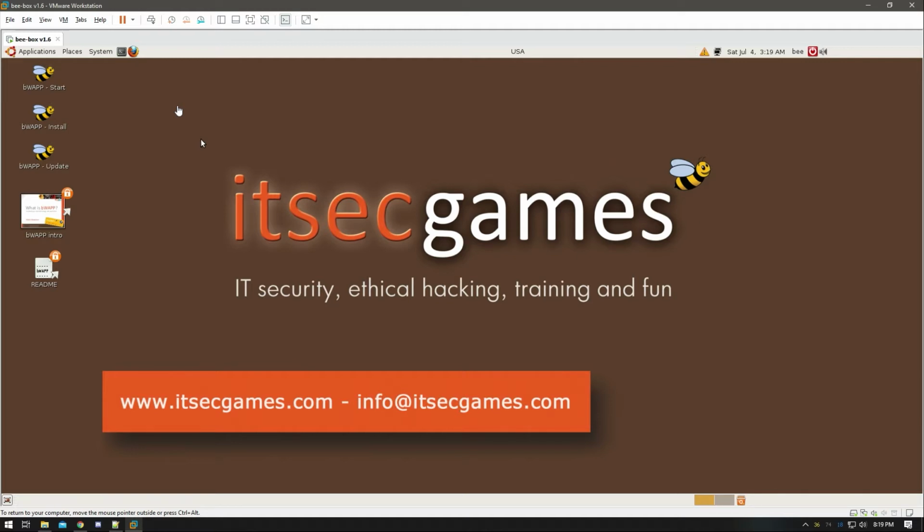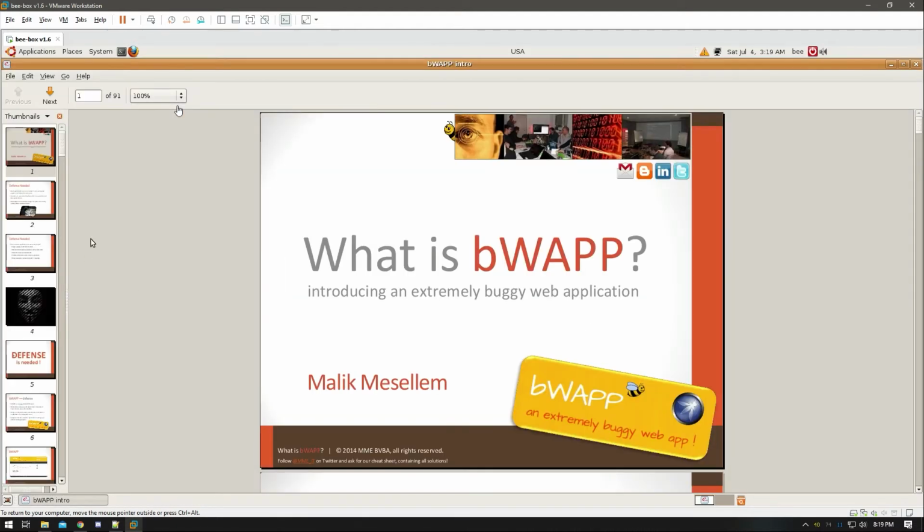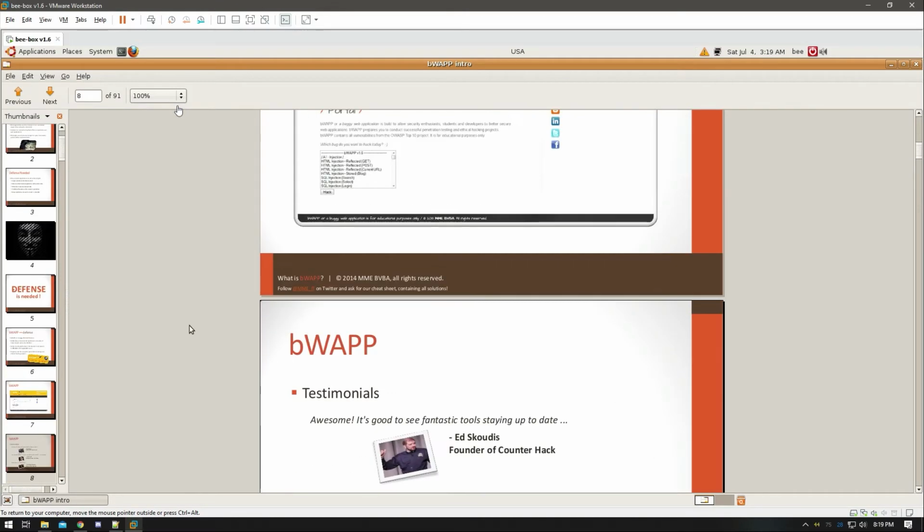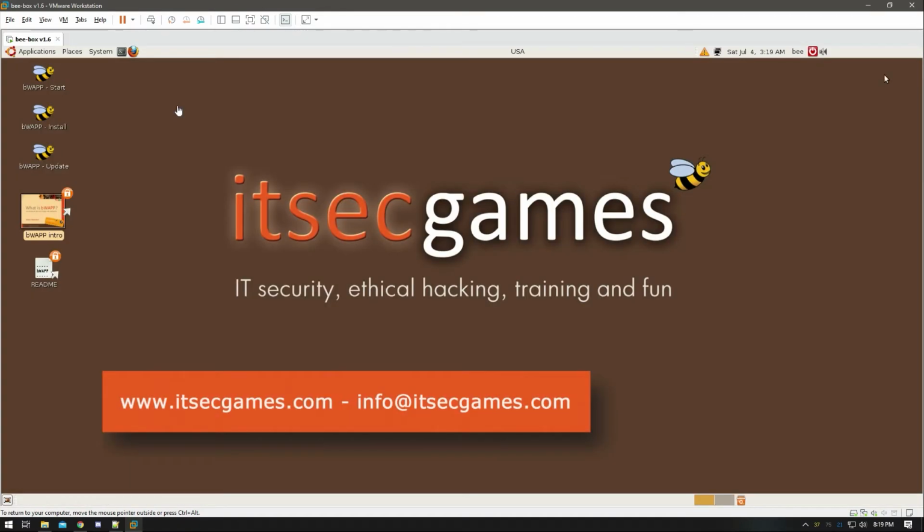First, what is Bbox? It is a pre-made VM. It's based on WAP, or the Buggy web app. It's an intentionally buggy web application, so you can try out your skills in a safe environment without actually breaking anything. Okay, so the first thing that we're going to want to do is go to the WAP start up here,